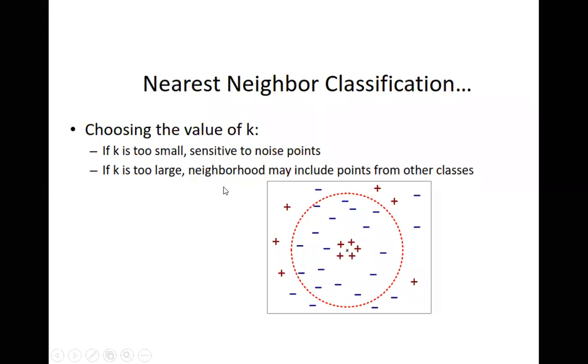K can never be very small, that is, you cannot keep K value as 1, or it cannot be too large. When K value is large, it will cover all the classes. Whatever classes are there, it will cover like this. In the example, you can see if the circle goes bigger, although X is nearest to this plus plus plus, since K value is very large, it is covering all this minus, and majority has become minus itself. So K value cannot be too large or too small.